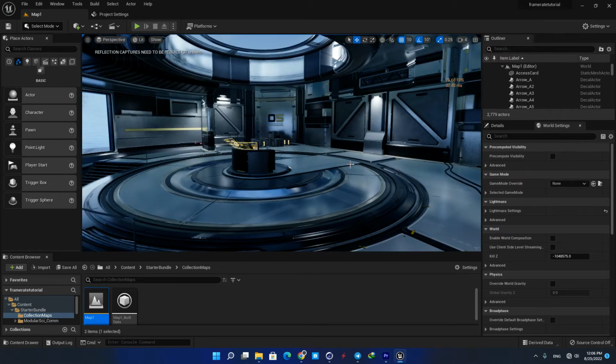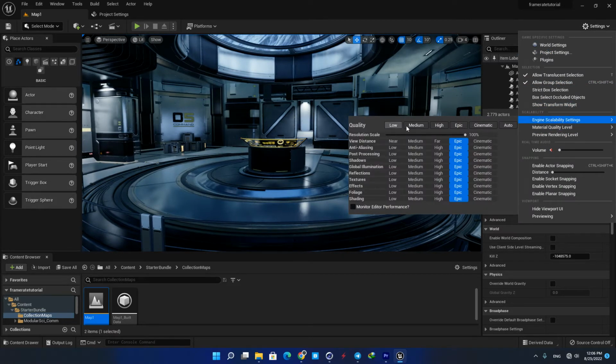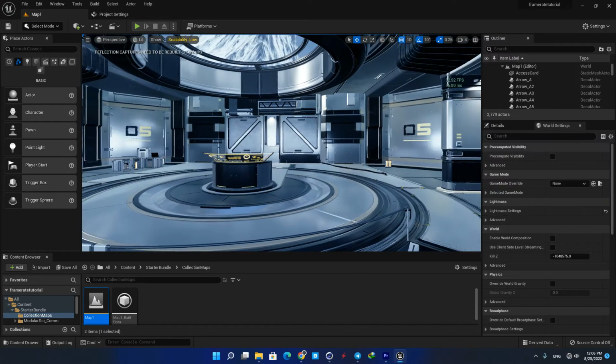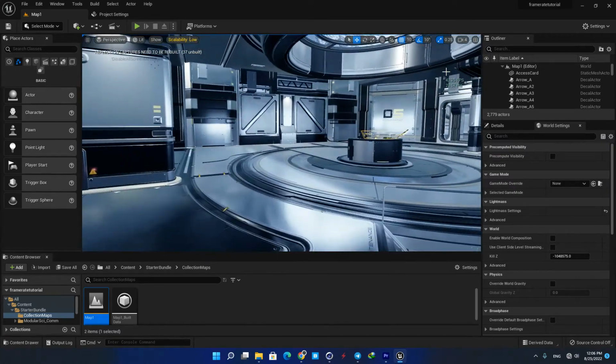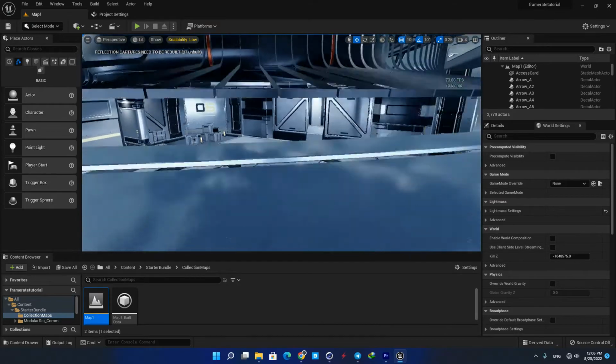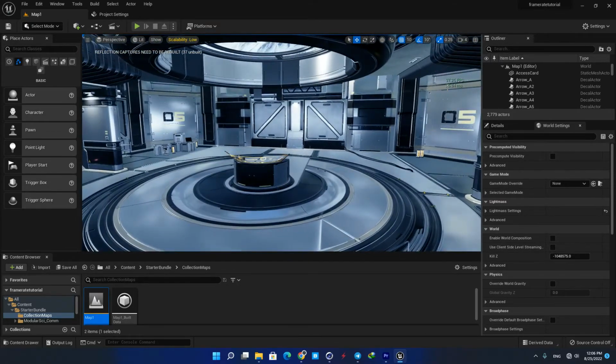Now in your settings section, open the engine scalability settings, and here you can choose one of these settings to lower the quality of each item, and as a result bump up the frame rate. So let's choose low and see how it looks. Yep, as we can see, it doesn't look bad at all and we are hitting 80 frames per second, which is pretty good. When I am not screen recording, it even goes up to 120.